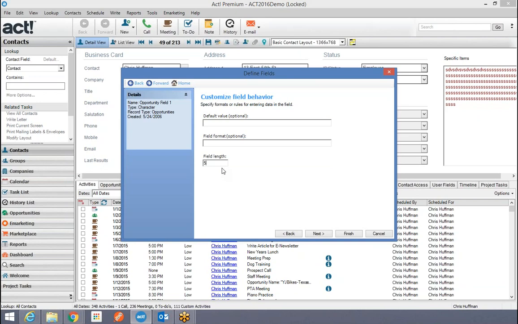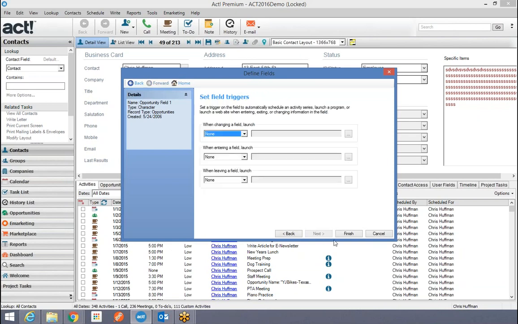But do you really want your guys filling in 300 pieces of data on an opportunity or a contact? I see a lot of people, they put in rows and rows of stuff. And they create these spillover tables and can really hurt the performance of ACT. Plus, the database gets really large. So don't have more fields than you need, and don't make your fields bigger than they need to be. I don't need 100 characters to put the word yes or no in there. I'll use 5,